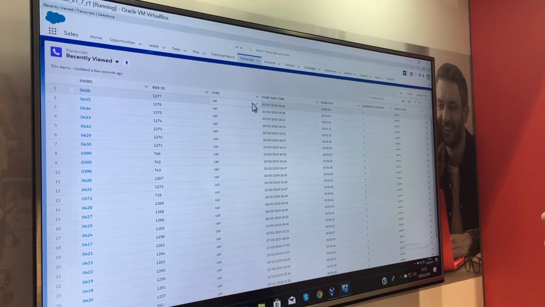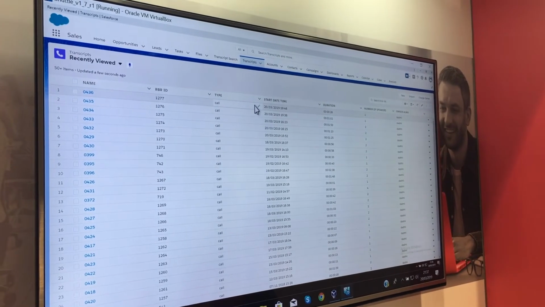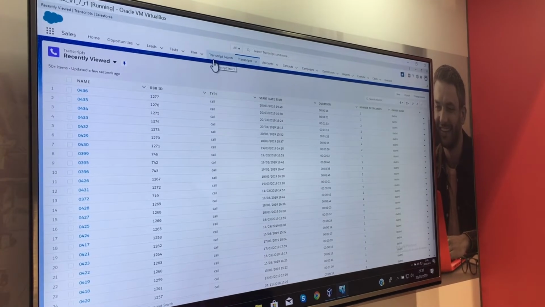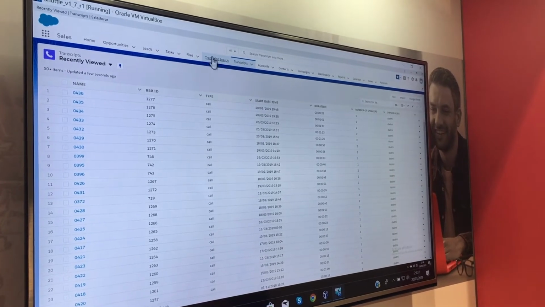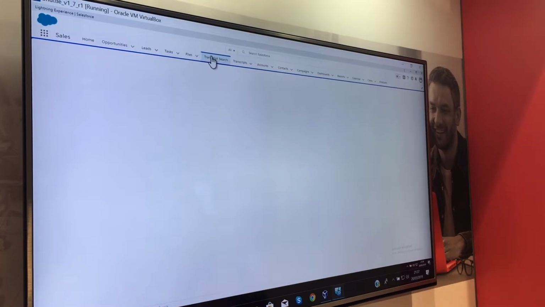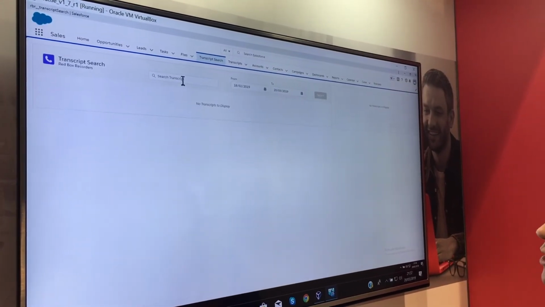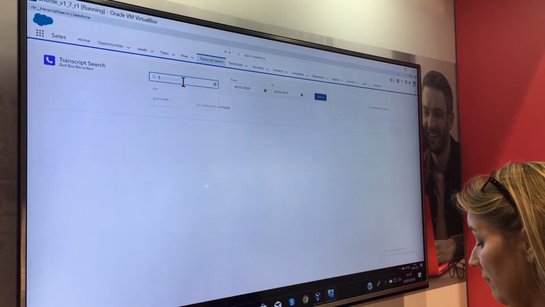Transcripts will automatically list all of the previous transcripts that have happened within the organization, and you can go by start, date, time, duration, number of seats, or even an agent. The product really comes to life when we talk about the search engine. If we go into Transcript Search, this will do a search capability across the whole of the Salesforce platform for words. So if we type in here financial,